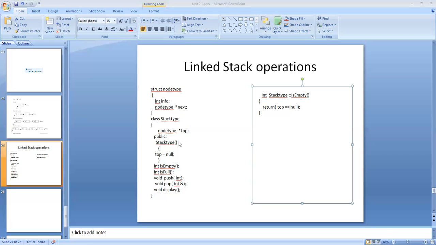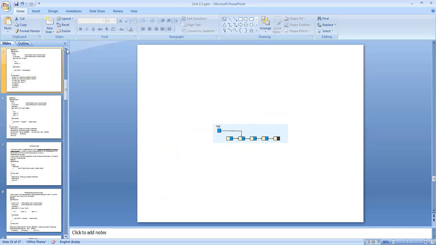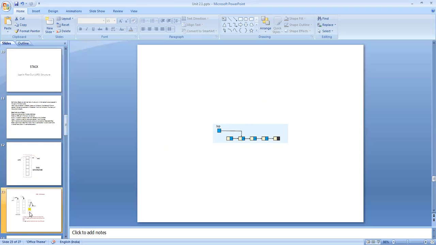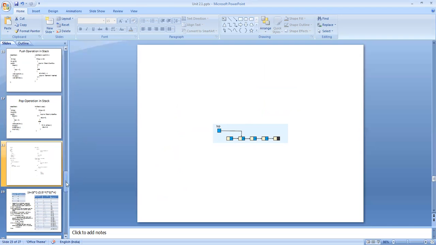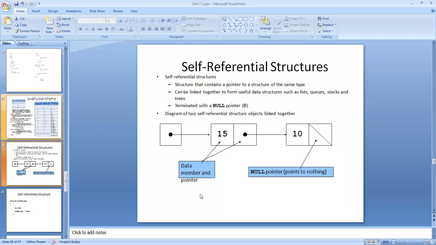Look at these examples. See, this is a self-referential structure.